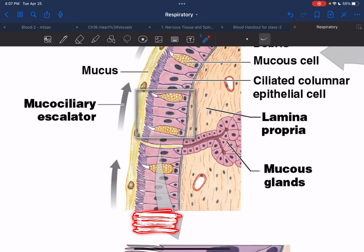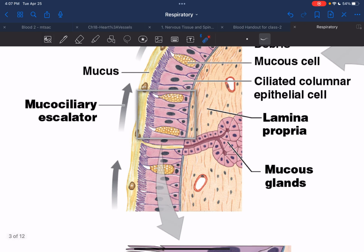We know the name of it, pseudostratified epithelial tissue. So what type of tissue is this? Epithelial. And then what was that membrane we have here? And then what was the type of tissue we encounter here? Connective tissue. And so whenever you are referring to just the epithelial tissue, we shorthand it and we call it